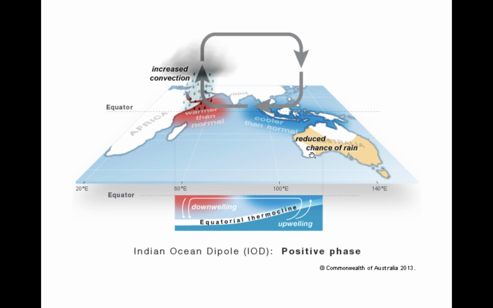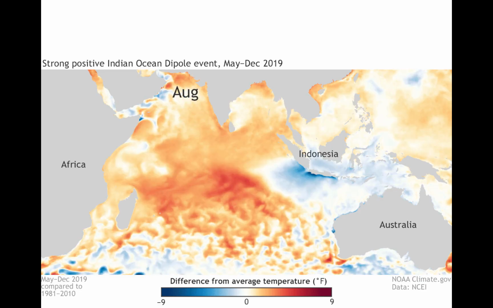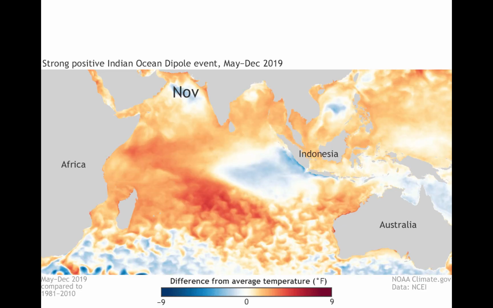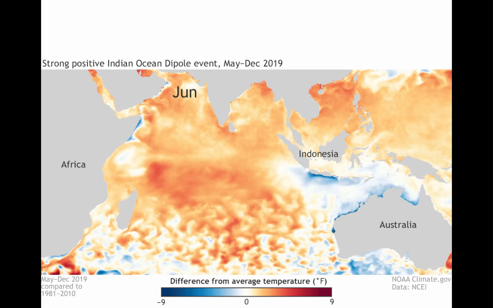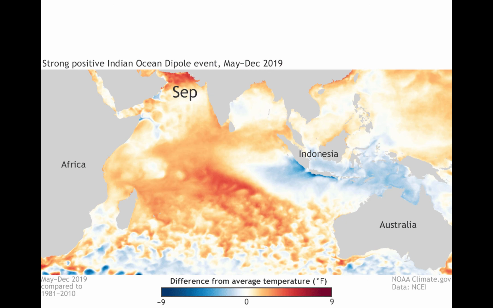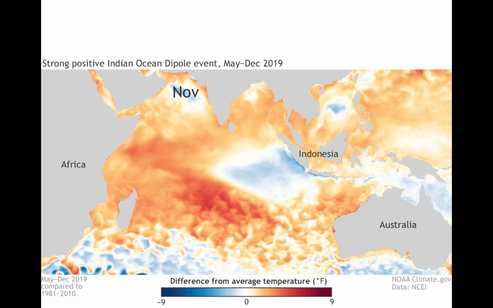The IOD is usually linked closely to ENSO variability, with a positive phase being consistent with El Niño and suppressed convection over the maritime continent. However, it does appear likely that the IOD is a dynamically separate event, with variability driven by factors other than ENSO. The strong IOD event that occurred in 2019 in the absence of a strong ENSO event is one example of this,